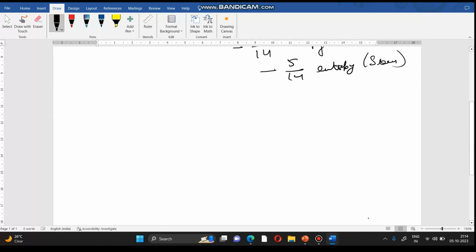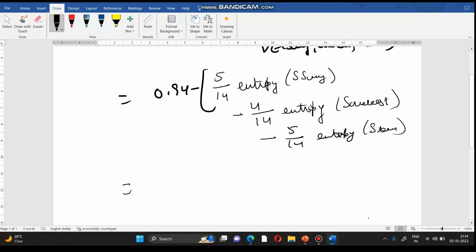So when we solve this and put the values, we will get for this 0.94 minus 5 by 14, here we were having plus, sorry,